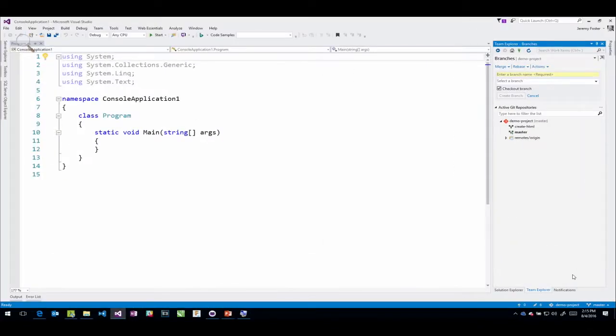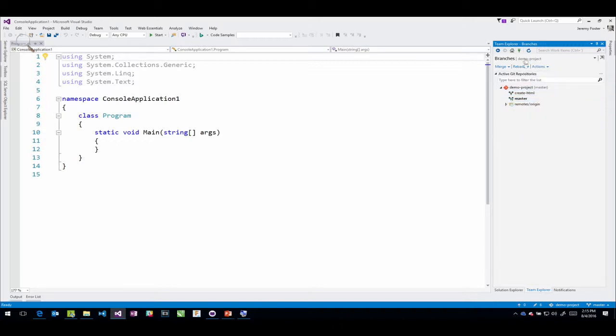So this is real handy, and it opens the UI for me, and I just say this is going to be add the console app. Oh, actually this is the name of the branch, so I can't do that. Let's just call it console app. There we go. And this is going to be a branch off of master. And after I create this branch, I also want to check it out. So I leave that check mark checked,